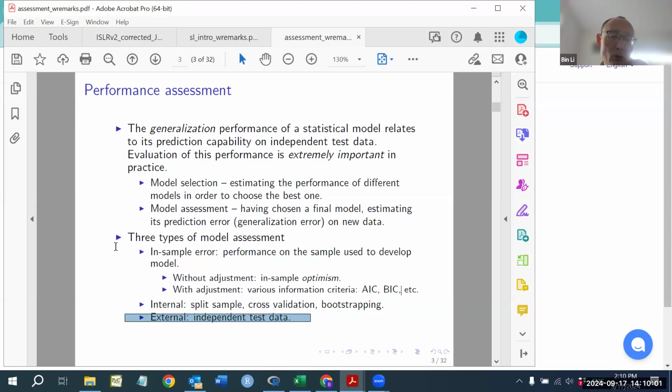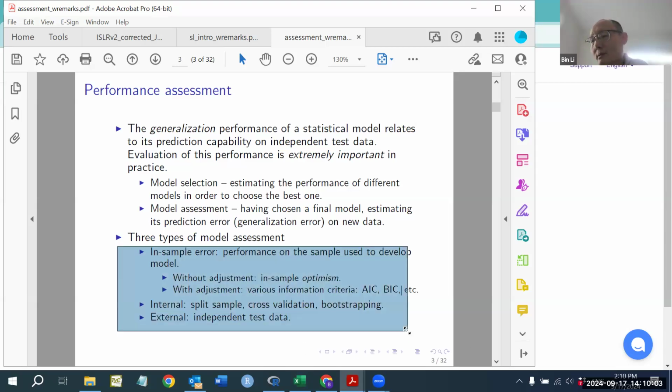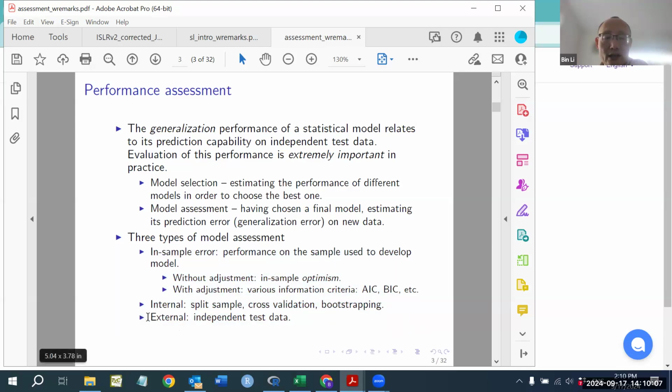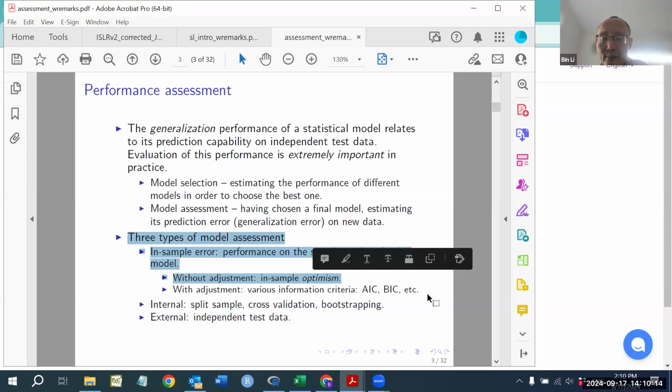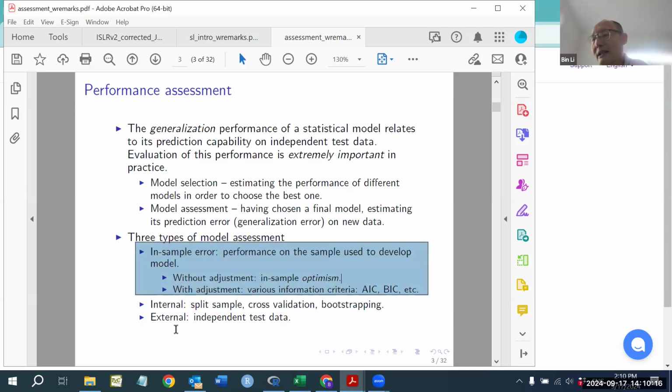And you may ask which one we should use, right? It seems to us like this one is the best, or these two may be the best, because this one is not really estimating the generalization error, but in-sample error. But I tell you, this one is also very useful. Why? Because